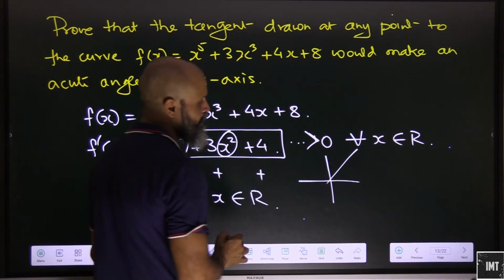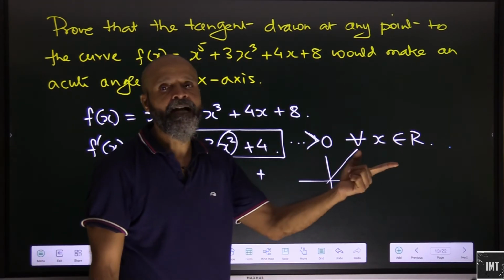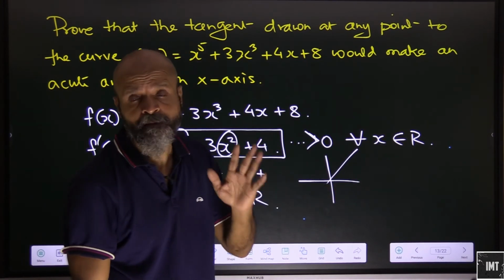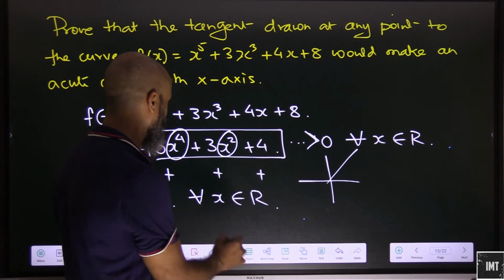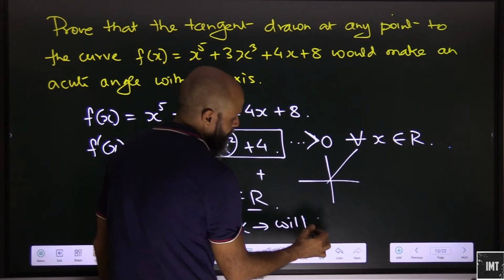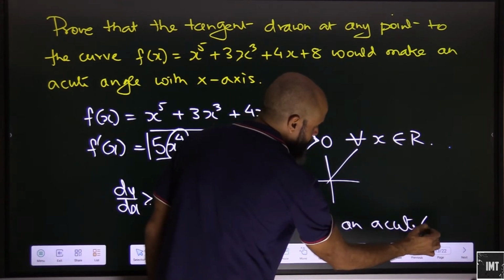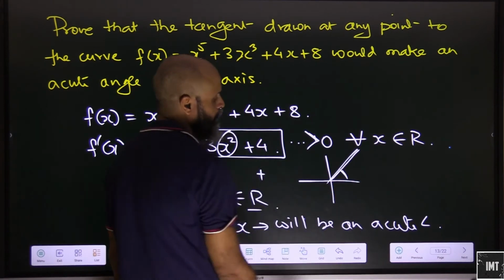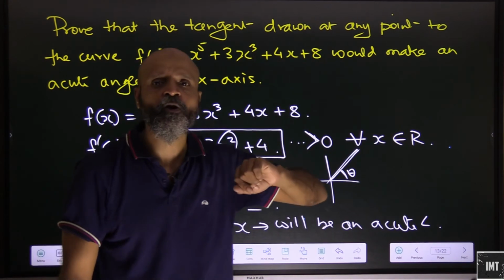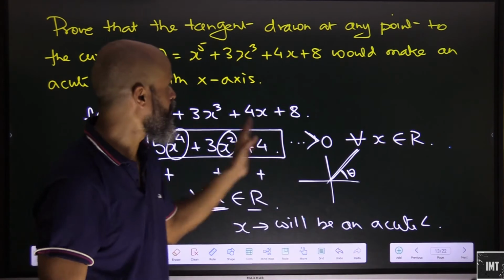This will be basically an acute angle, because we know that the slope of a line is the tan of the angle which it makes with the positive direction of the x-axis. So it is a first quadrant angle. Obviously here the angle x will be an acute angle, making it with the positive direction of the x-axis, and in the first quadrant we know that tan will be positive. So here is how we can do this.